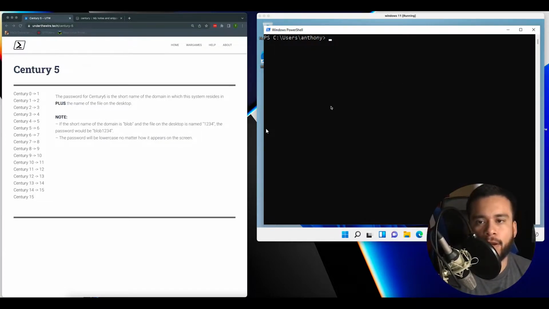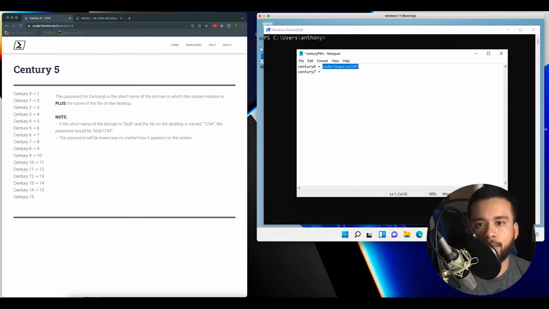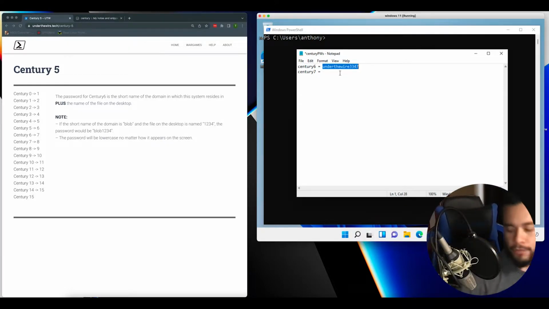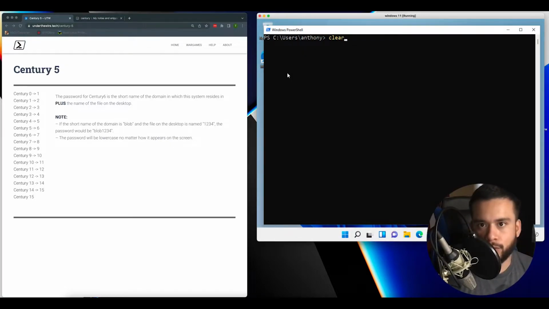As a reminder, I have my Windows 11 virtual machine open here on the right. And for a little recap, Century 5's hint was: the password for Century 6 is the short name of the domain, plus the name of the file on the desktop. If we remember, the password ended up being under the wire, the short name, and then the name of the file was 3347. So let's SSH into